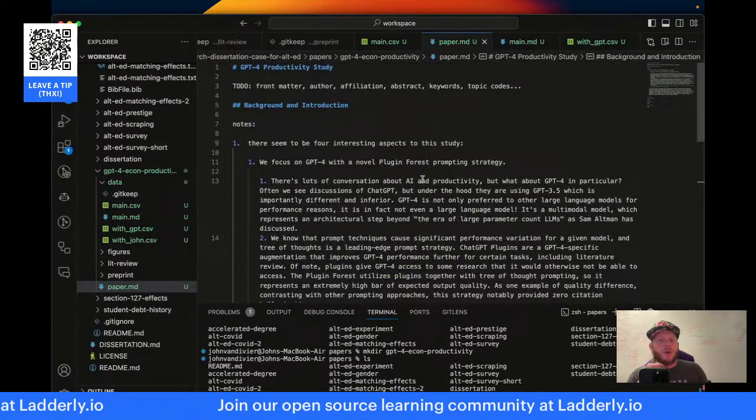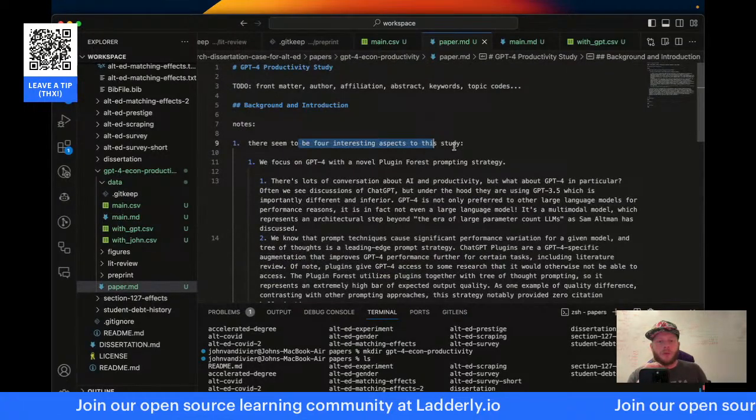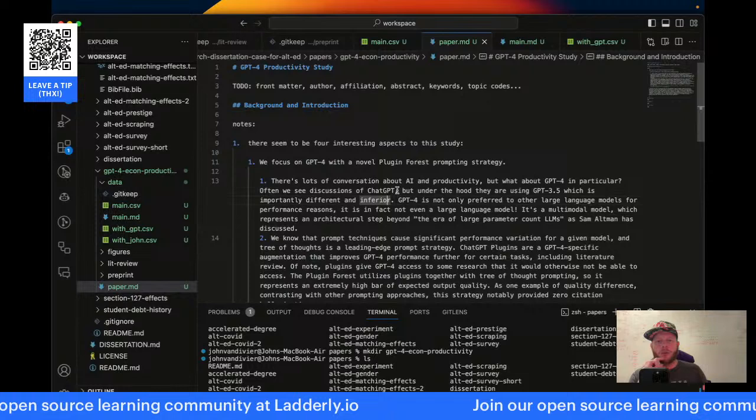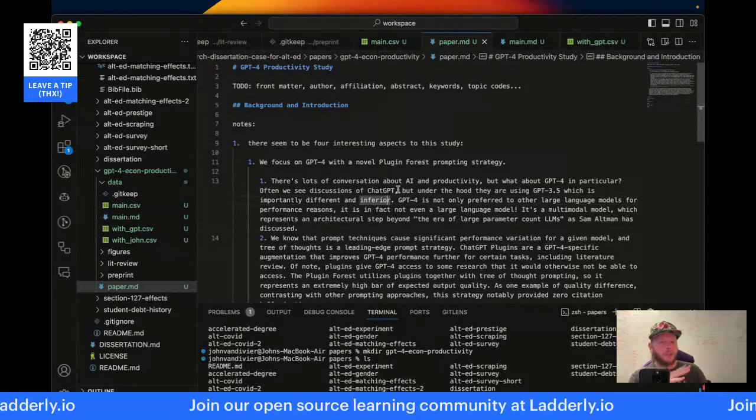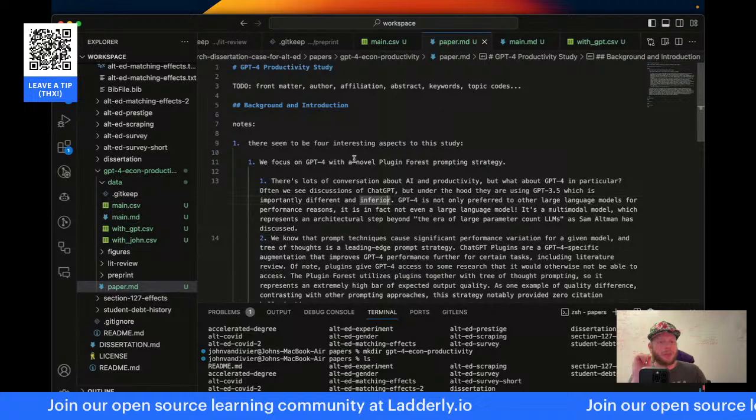Well, I've gotten so far away from my original four thoughts, I don't remember what the other two were. But basically, we're going to use GPT-4, not your average language model. That's really important.